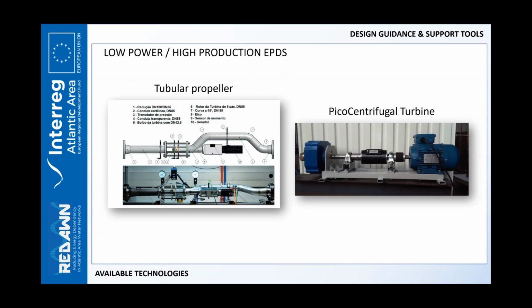All these turbines are TRL 4 or maybe a little more, which means that they are not fully industrialized and they can cost a lot. They are little more than prototypes. We have also a picocentrifugal turbine, which is a specific turbine that has been tested in our